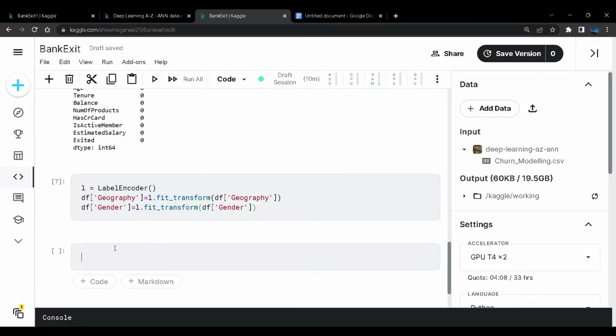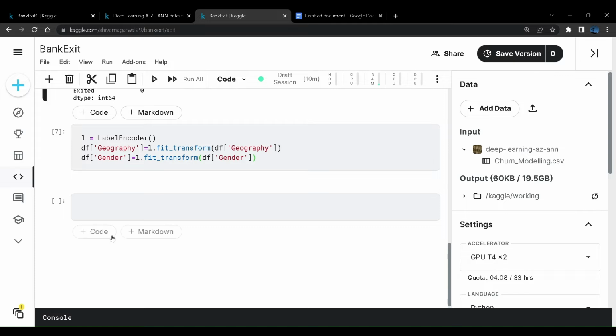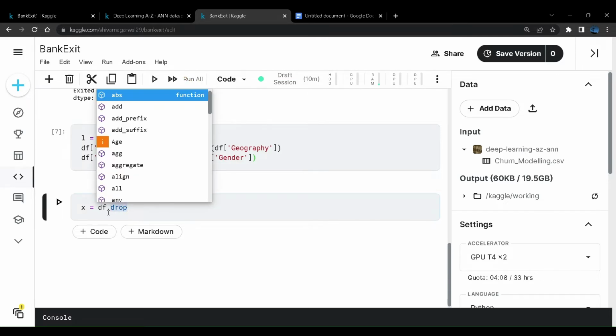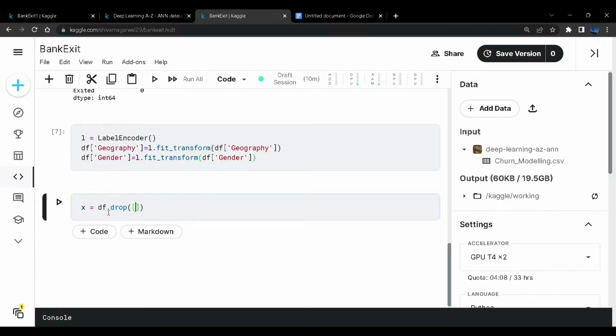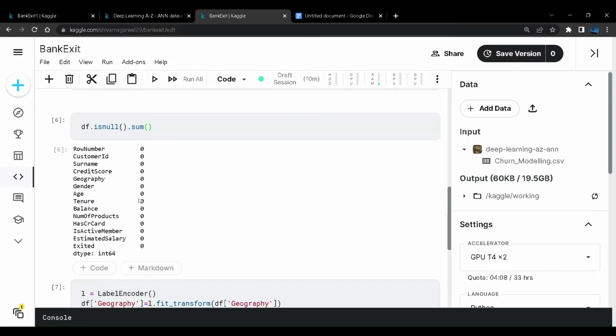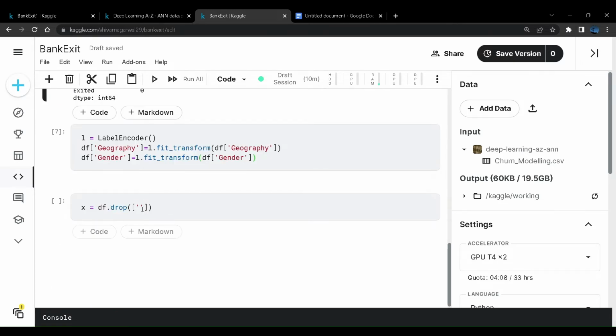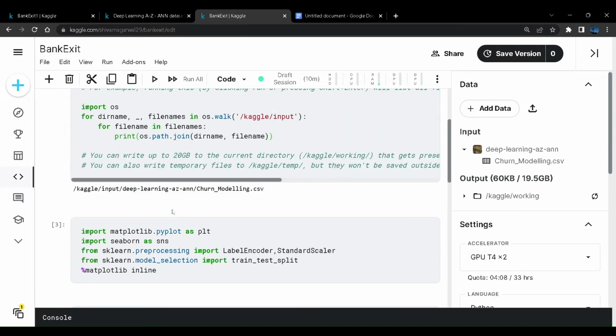So what I will say is I have to determine X values, and I will say df.drop because we don't need certain columns, so we'll drop them. Inside this, I have to supply a list of all the columns that I have to drop. The first one will be the row number. The next one will be